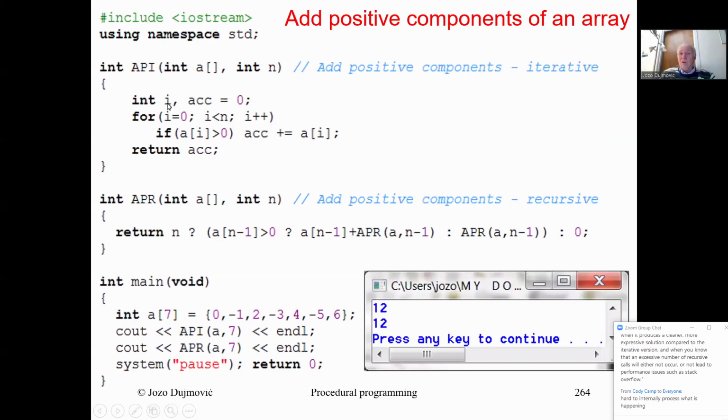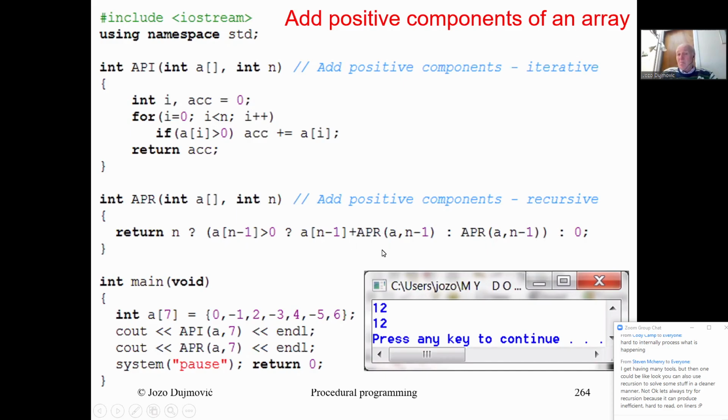One is accumulator, the other is the counter. So counter has to be instantiated, has to be tested, has to be incremented. And this is adding more lines of code and more complexity. Here you have that counter is not visible, and accumulator is not visible, and still the solution is completely natural,